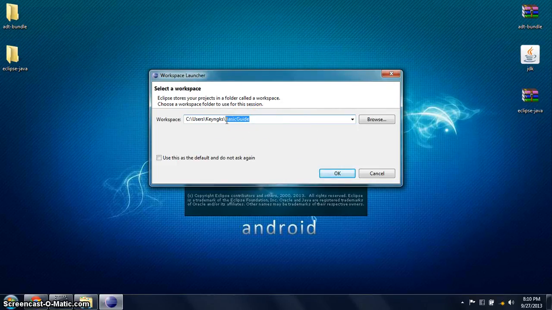In this select workspace, I will type button.